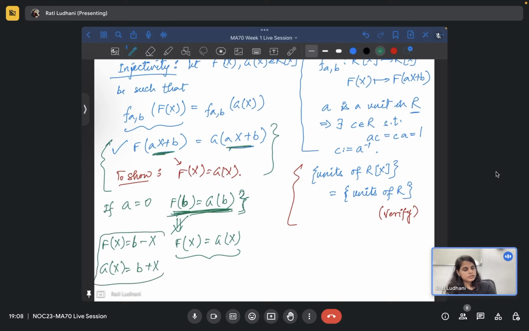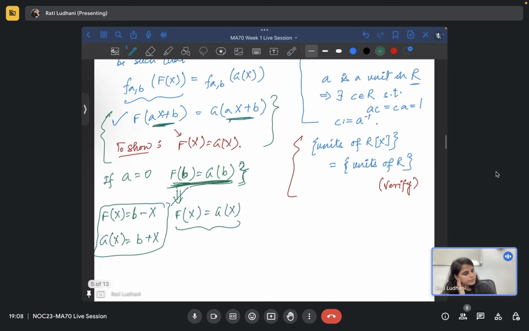So you take these two, f(x) and g(x), then f(b) is equal to g(b). Am I saying right? No. Okay, because if you apply b and b, then it will be like b minus x and b plus x, it will give